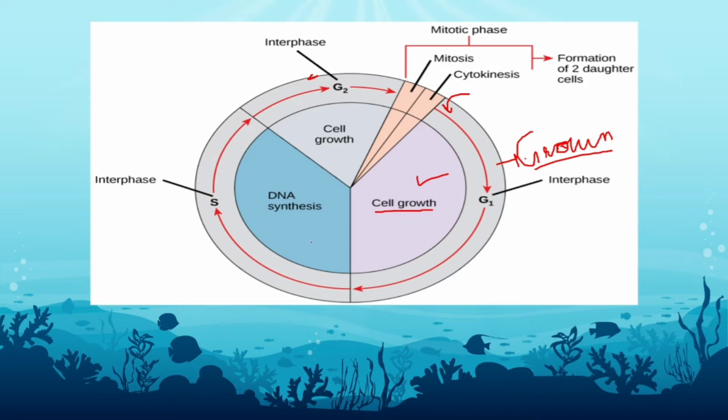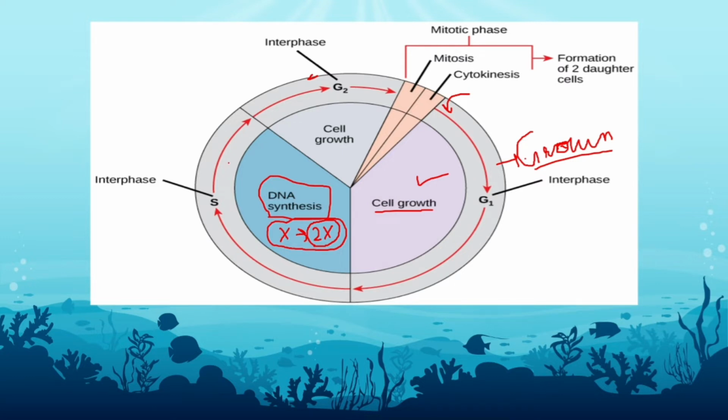Then after that the DNA synthesis takes place. That is, if X amount of DNA is present in the cell, it will be replicated to 2X, twice the concentration that was present in the G1 phase. Why? Because this step is necessary, since after this the cell is going to divide, like cytokinesis will occur after this. So the amount of DNA must be twice that present in the G1 phase.